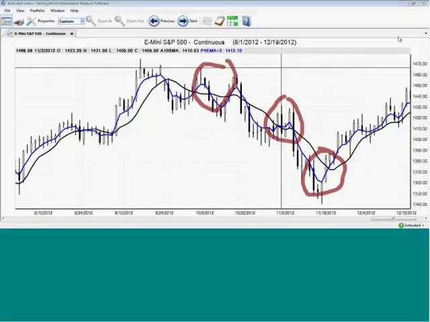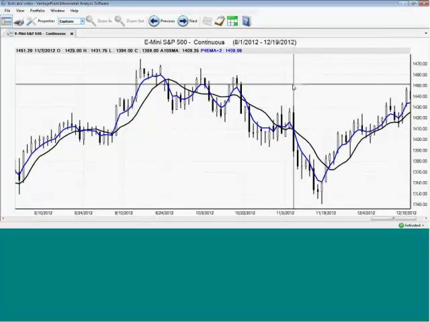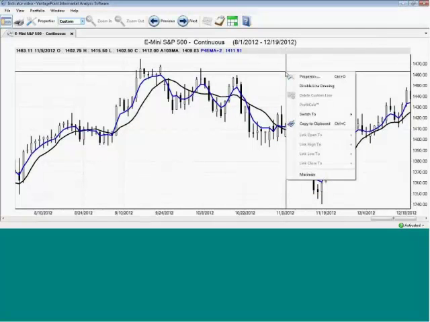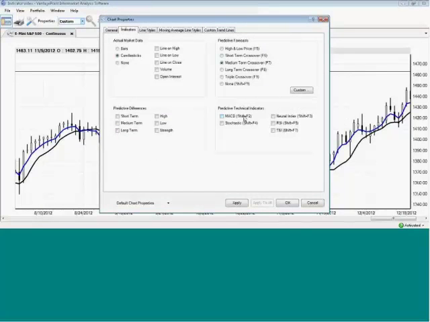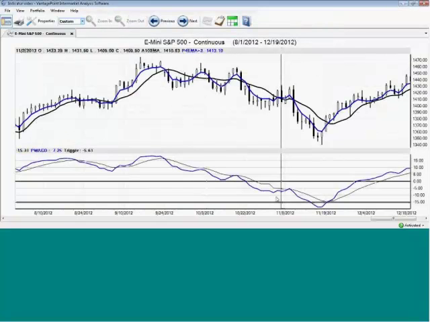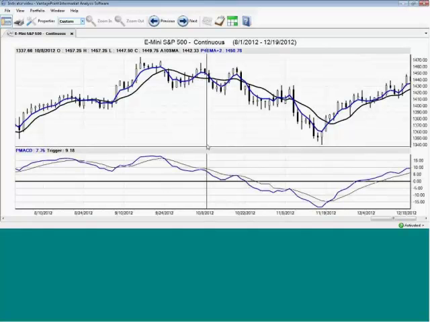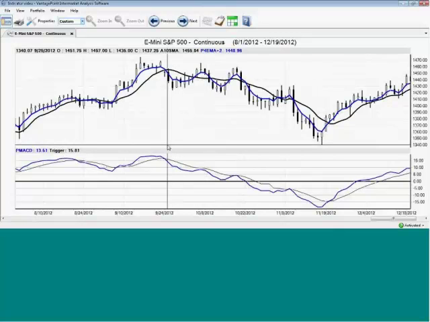So we need to take a look at a couple of other indicators, add them to the mix, as to how they can help us make a decision about when and where to make a trade. And we're going to add to that study, first of all, the moving average convergence divergence, more popularly known as the MACD. You will see on the bottom panel of that chart where the MACD shows you, if we line up our cursor here, that there is a crossover here with that blue